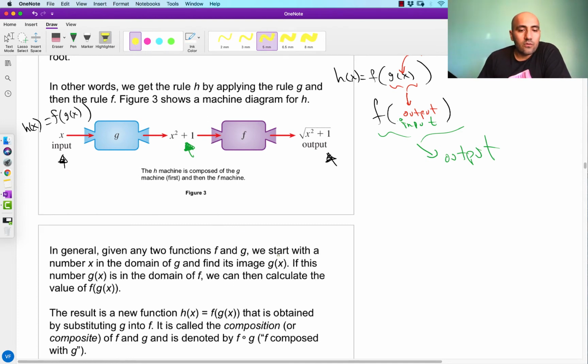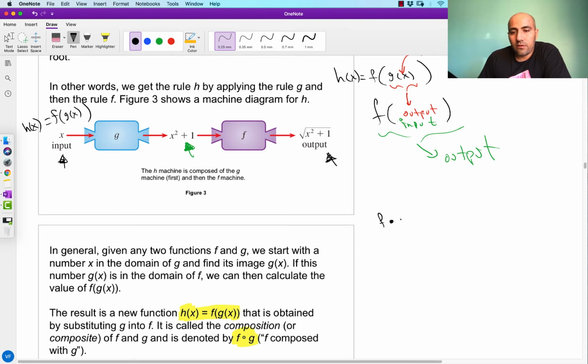Okay. So the result is this new function, h of x equal to f composed with g of x, that is obtained by substituting g into f. It is called the composition or the composite of f and g, and is denoted with this. So we're introducing this new style of notation where this is equal to this composition, right? It almost looks like a multiplication, and it often gets confused with that, but it's not. It's like a little open circle, right? So if we had f